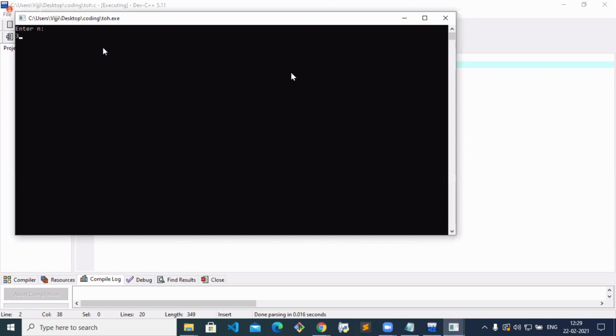What is it asking? It is asking me to enter the n value. I have given n. It says: move disk from A to C. First, what is it saying?